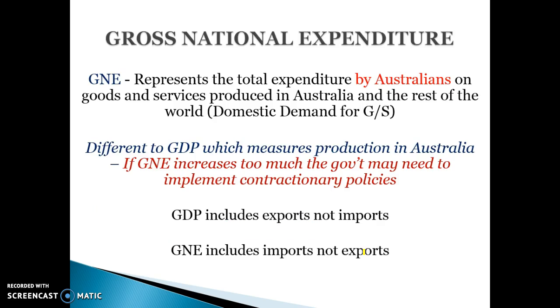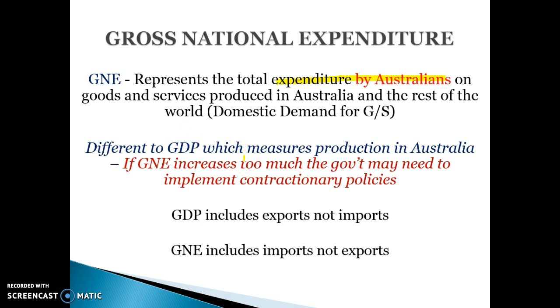A couple of other quick terms that we discussed in class. Gross national expenditure is the total expenditure by Australians on goods and services produced in Australia and the rest of the world. So basically it's just all spending by Australians on any products. GDP is all production by Australians in Australia. So one measures the total expenditure by Australians, one measures total